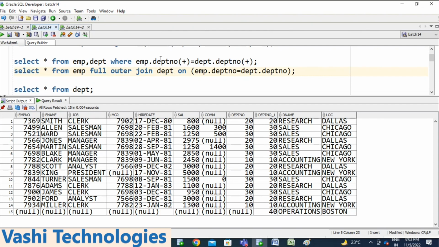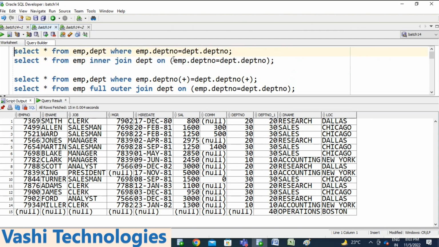Now, as of now, we retrieved with only two tables' information. You are retrieving with two tables and mentioning one join condition, right?